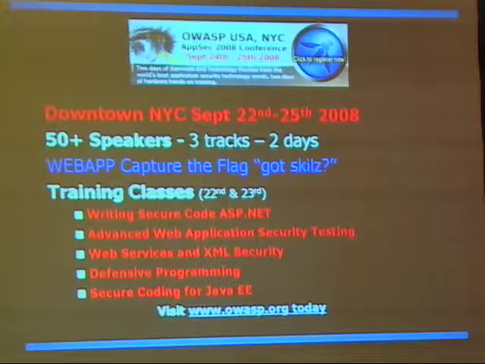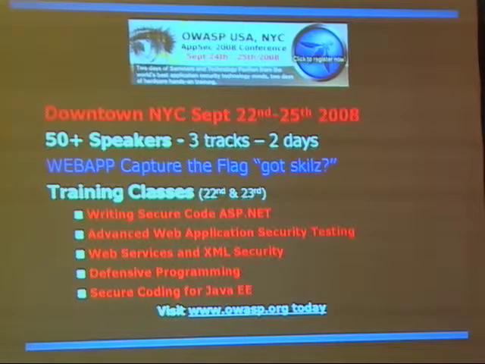To come back to the conference, September 22nd through the 25th, there's a conference going to happen in Pace University downtown. There will be about 1,000 people in attendance. That's the max capacity we have at that facility. It's focused on AppSec. So if you're here today to look at some of the talks that are relative to man-in-the-middle attacks, or how to break web applications, or how to break crypto, the things that are out there in that space, you really want to take a look at this conference. This conference is going to be hardcore AppSec.